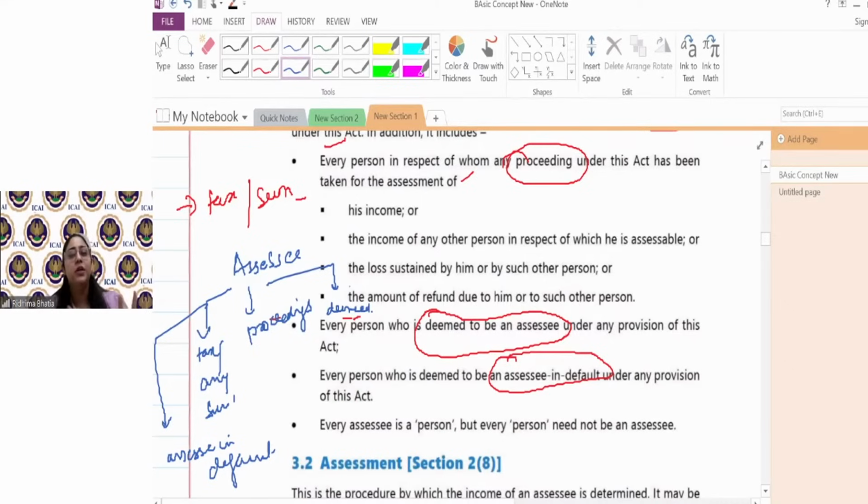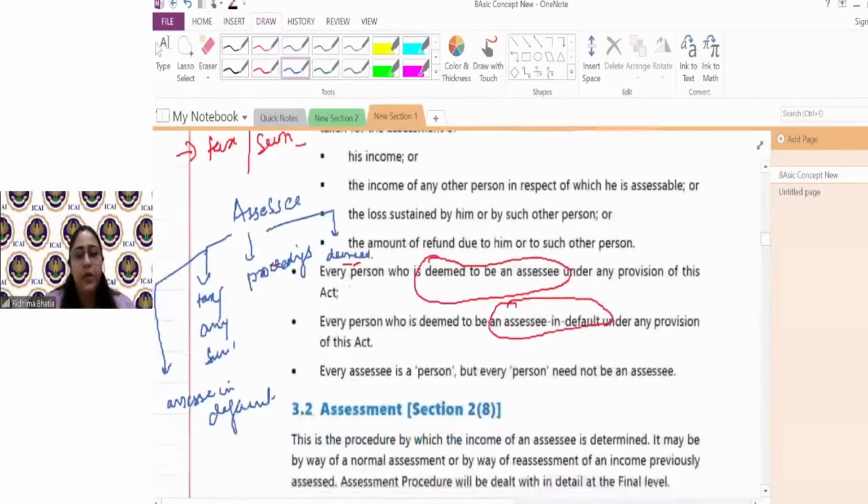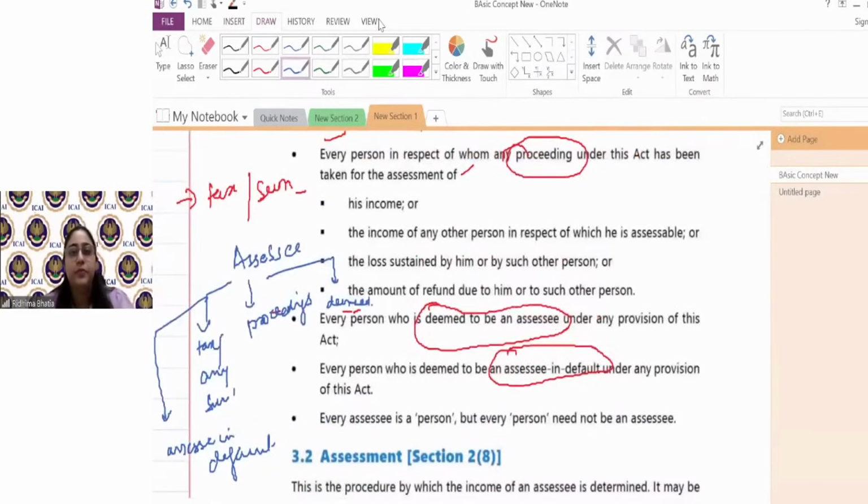बट अभी जनरल अंडरस्टैंडिंग के लिए हमारे लिए assessee कौन है? टैक्स पेड या जिसके खिलाफ कोई इनकम टैक्स प्रोसीजर चल रहा है. वो क्यों चल रहा है? या तो उसकी इनकम पे या किसी और की इनकम पे जिस पे उसको पैसे देने हैं, या कोई लॉस पे या कोई रिफंड पे. Again, guys, you will understand the entire chapters which are coming forward, and then you will again read the definition of assessee. You will be like, अरे इतना easy था, उस टाइम पे मेरे को relate नहीं हो रहा. अभी to understand it, to start off with, इतना definition पढ़ो, read and come back. Do further, come back. Okay. Next is assessment.